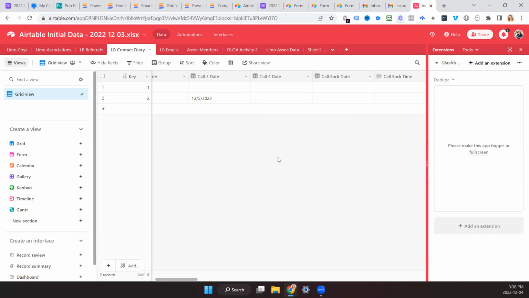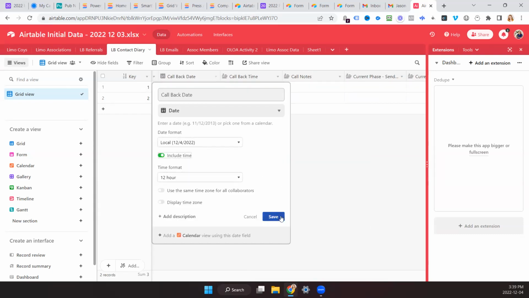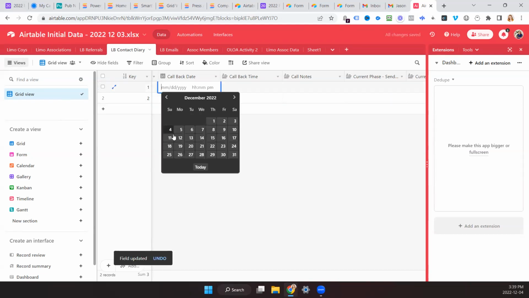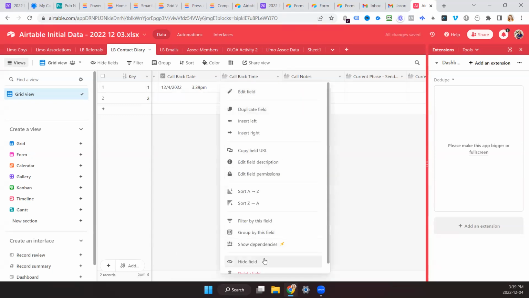Okay. So that one there we can combine as one field, and I can delete the time field. And that gives me a time to call them back at. So callback date and callback time. Oh, right, because I didn't realize when I was doing my template how it worked. So callback. So now you just have this field here where you can add the time here and we can delete this, you mean? Yeah.